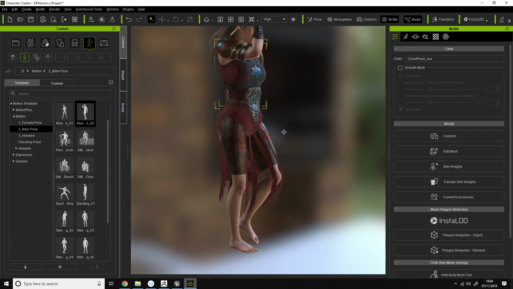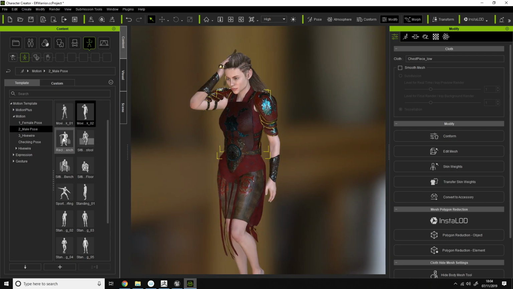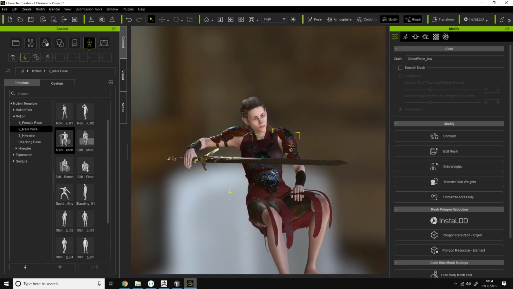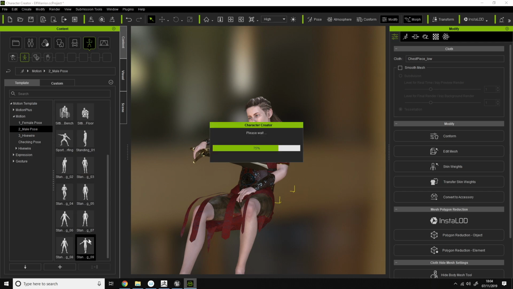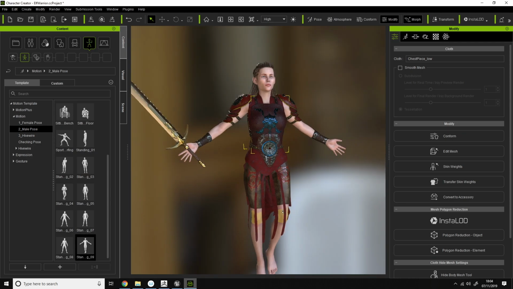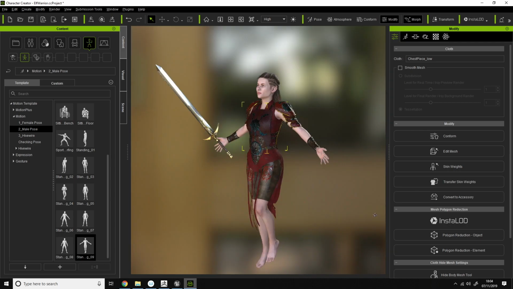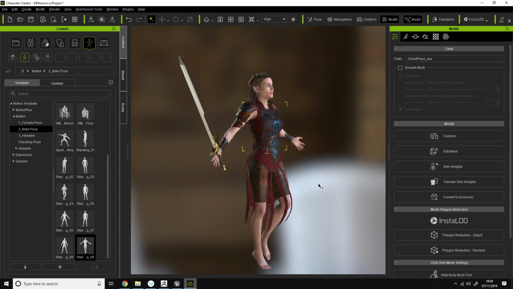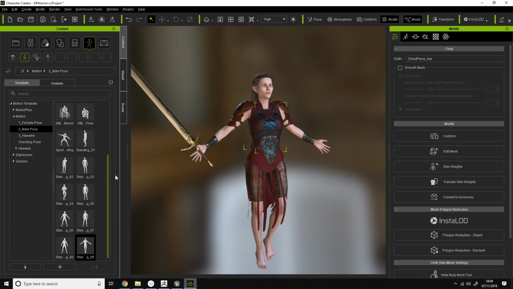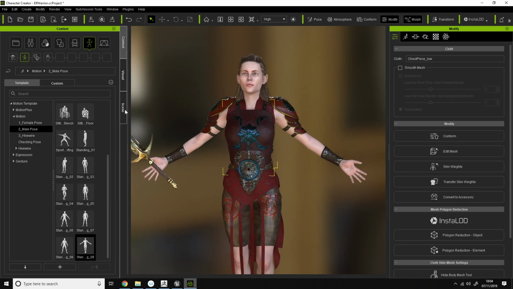On a different pose, there we go. Sit on a bench. So it's nice and simple, easily skinned. And then if I don't want that body,